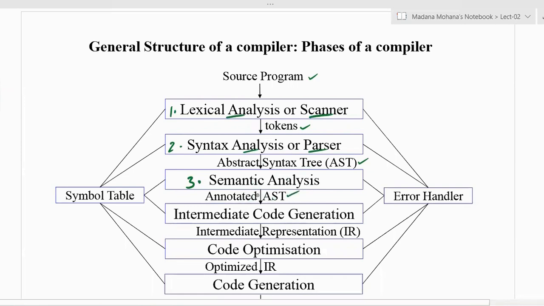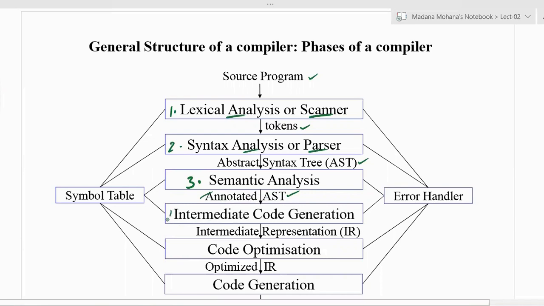What is the meaning of annotated? For each and every node in the syntax tree, it checks the semantics. That means validity, whether it is correctly defined or not, whether it is giving the correct meaning or not. If any ambiguity occurred while defining the semantics at any node, it annotates the labels with the correct form. But it looks the same as the abstract syntax tree. This is also a tree-structured form, but only annotation is extra added.